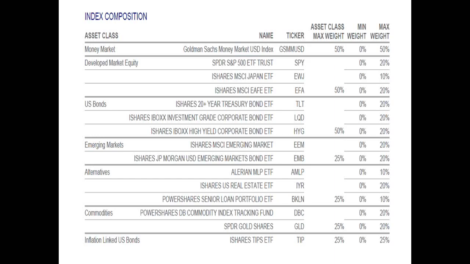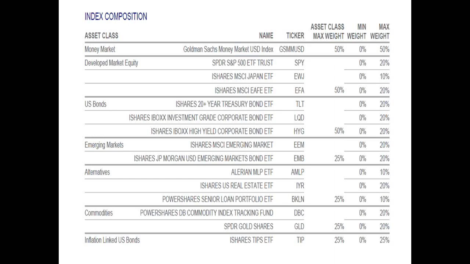And each of these different asset classes is limited to a maximum weight in the overall portfolio. So what you have here is a really, really sound product managed across several different asset classes in a principal protected and guaranteed